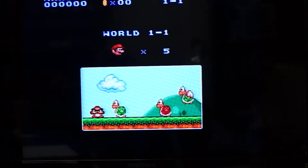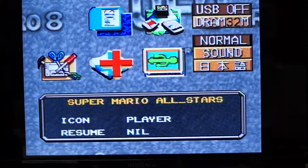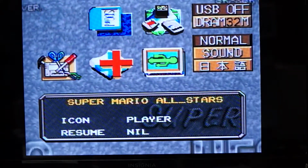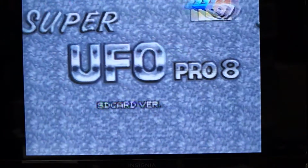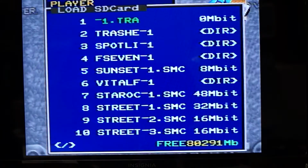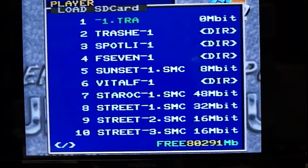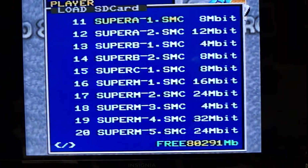Alright, well that's good. Well, let's go back. And so the reason that Star Ocean and Tales of Fantasia won't work is that they are 48 meg, and the Super UFO, the DRAM is only 32 meg, and I don't think there's any way to expand that. So you can see here Star Ocean is 48 meg,